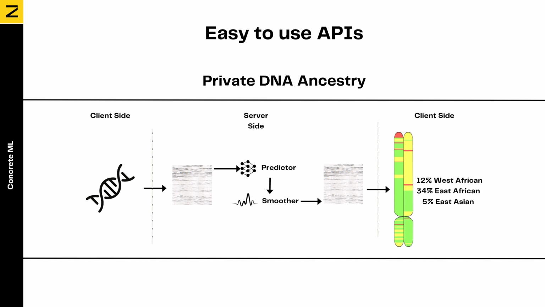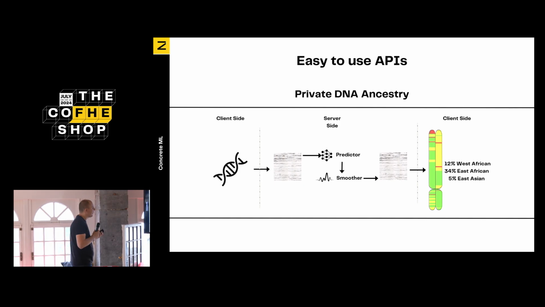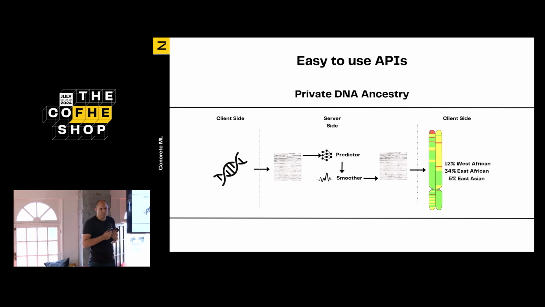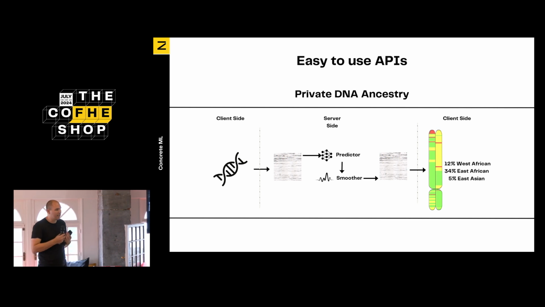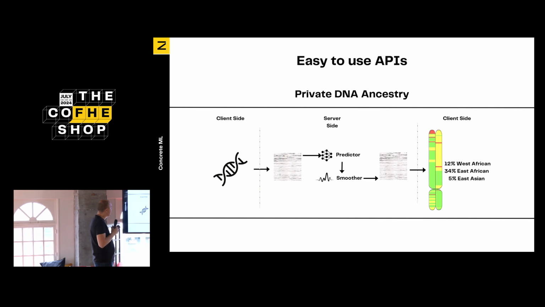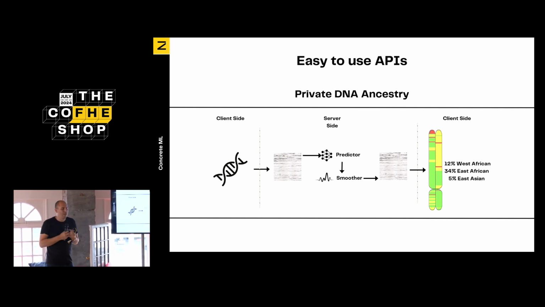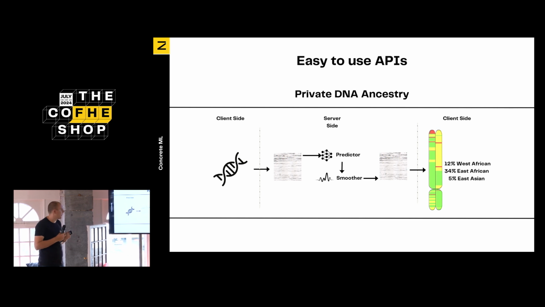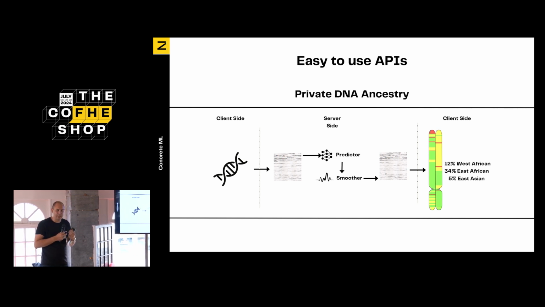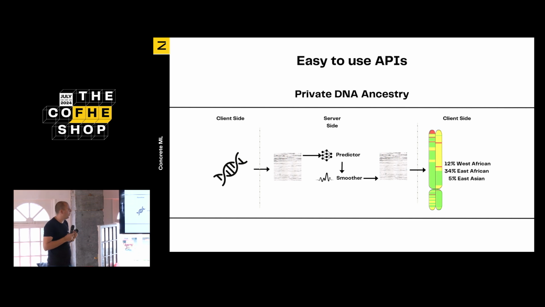Okay, one more application, DNA processing. So again, DNA data, this is highly sensitive. You don't want this floating somewhere on the internet. So if you want to have some analysis of your DNA data, encryption is probably the best approach to preserve its confidentiality. On the client side, you will have a genome, which will be encrypted. And here we will show how this is quite a complicated machine learning pipeline. Actually, it implements some research papers on DNA ancestry.